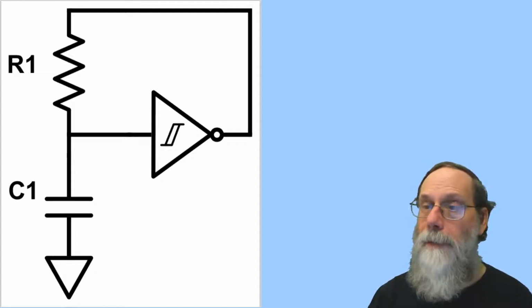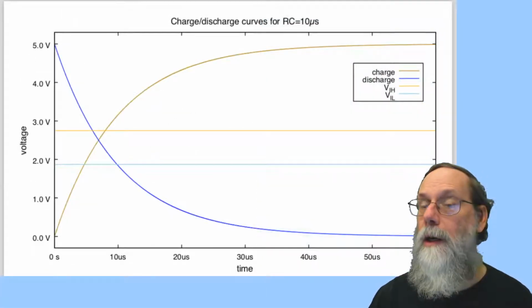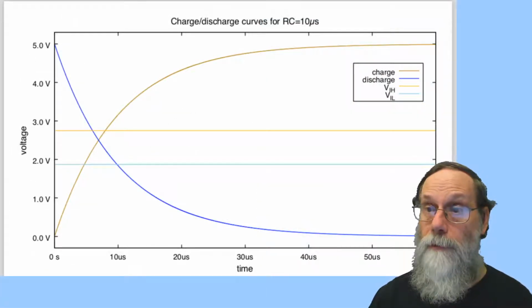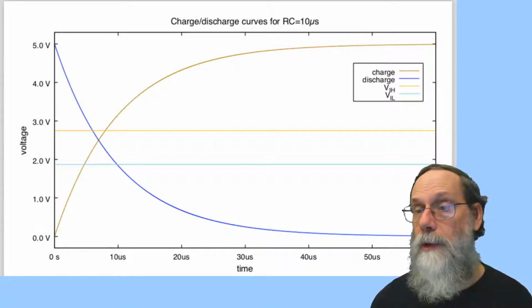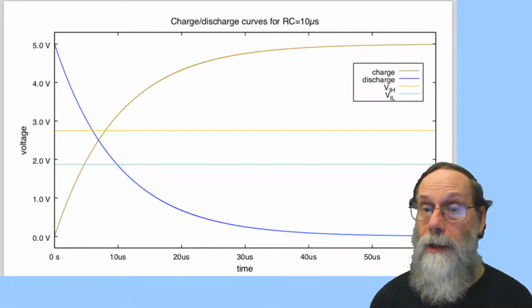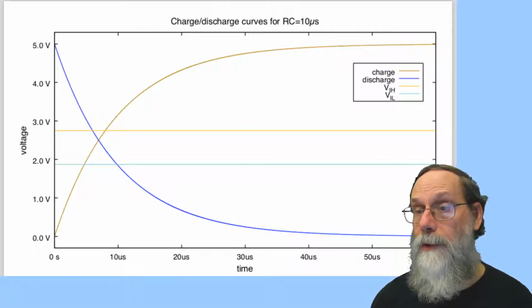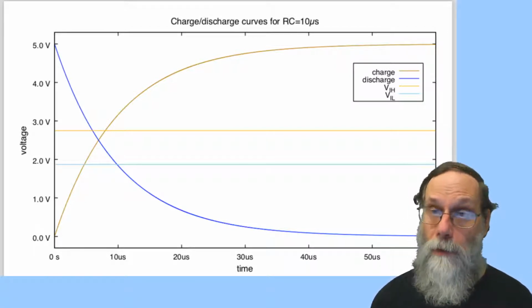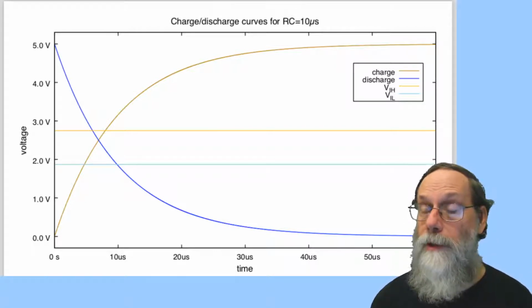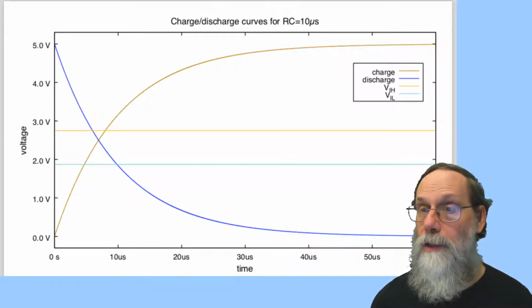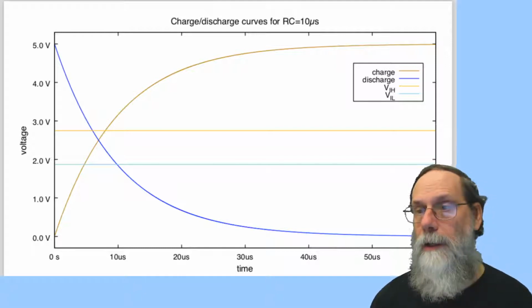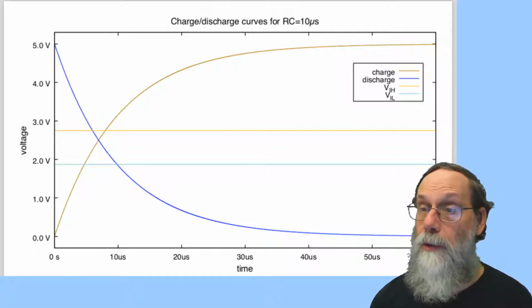So the main things we're looking at here are RC charging curves for that resistor and that capacitor. And we have both a charging curve and a discharging curve. Here I've assumed the Schmitt trigger is powered by a 5-volt power supply, so the high voltage of the output is 5 volts, and the low voltage of the output is 0 volts. So the blue curve there is the discharge down to 0 volts, and the brownish curve is charging up to 5 volts. And the two horizontal lines across there represent the two